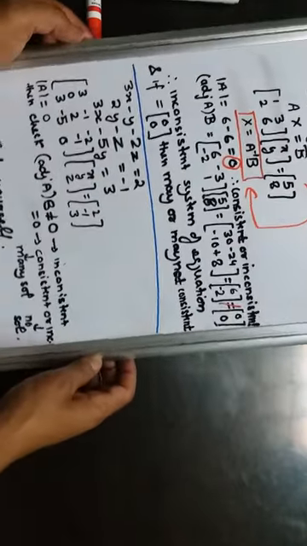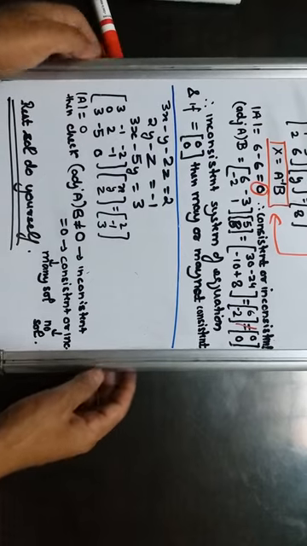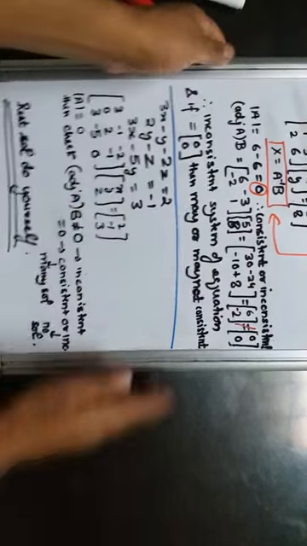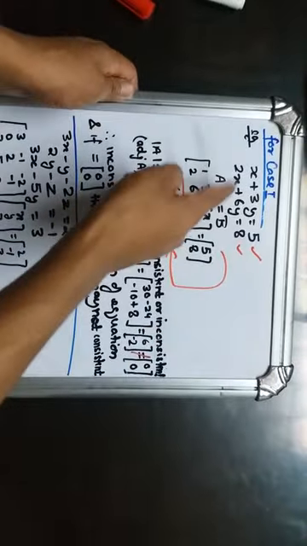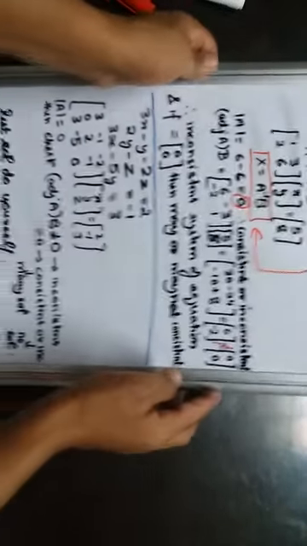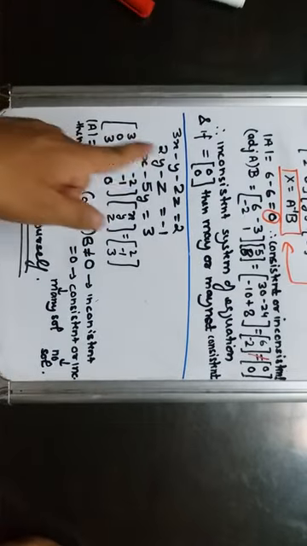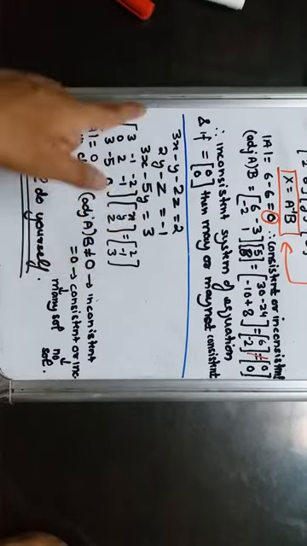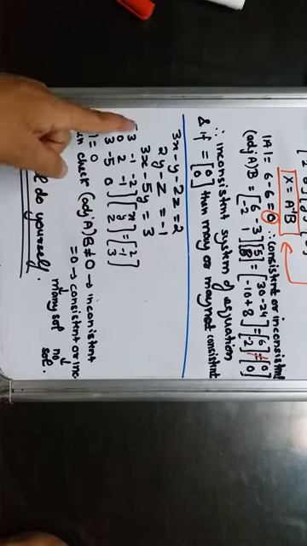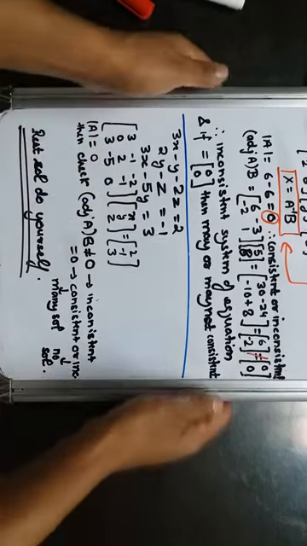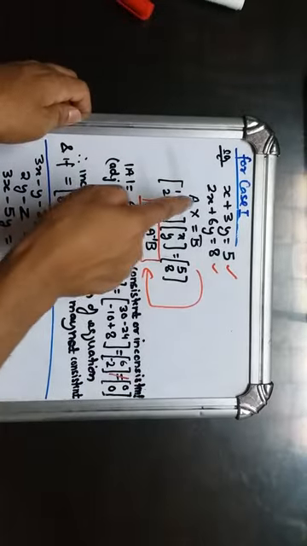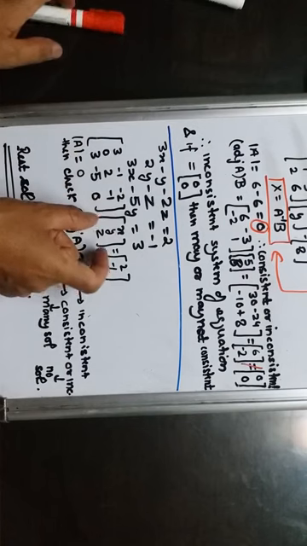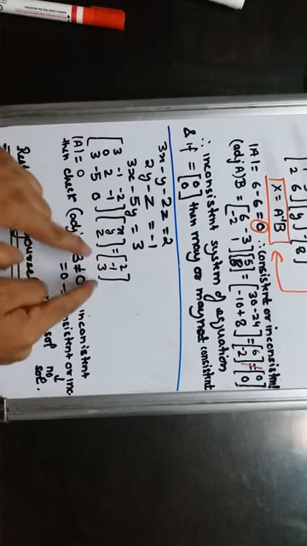Now see the next question. Now these are the three equations. Here we have taken two equations with two variables. Now we are going to take three equations with three variables. Here are the three equations. So write the coefficients. We know the formula is what? Ax equals b. So write it like that only.